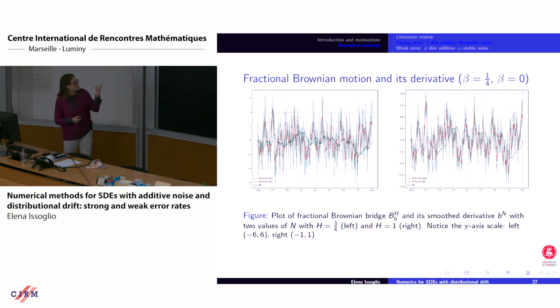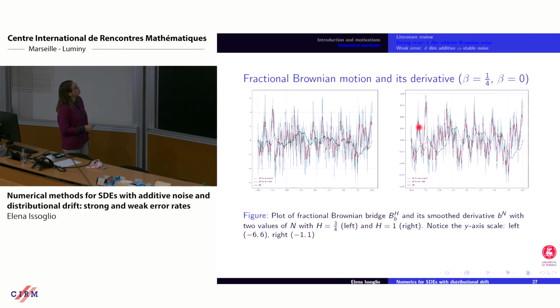Okay, so in this second paper, we also did the numerics, and this was nice because, well, how do you plot a distribution? So I had quite some fun. The idea is to take a function which is very rough, which is not differentiable. The example we got was fractional Brownian motion. And then you differentiate it. So in the plot here, the green line in the middle is a path of fractional Brownian motion with Hurst index 3/4 here, and with Hurst index 1 here.